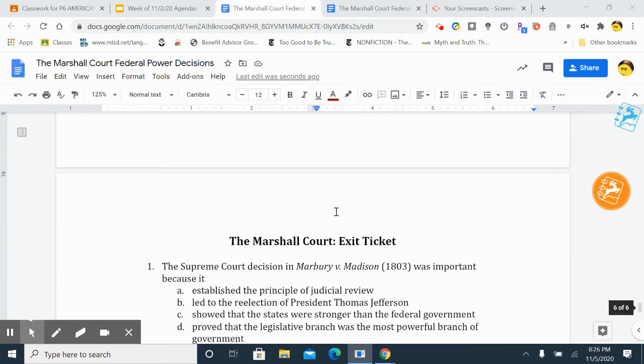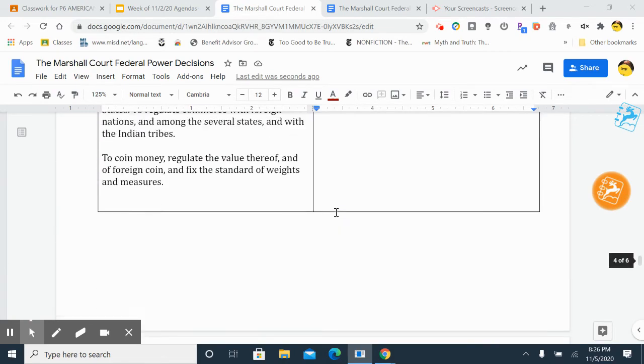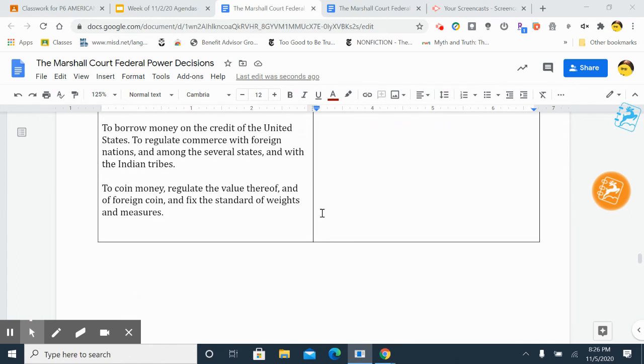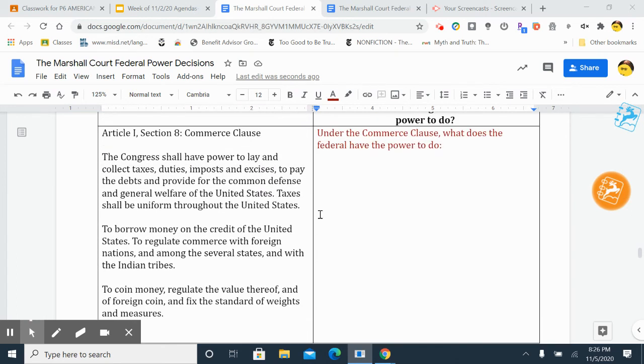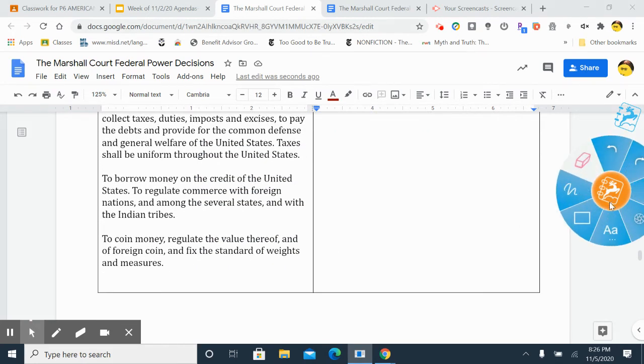The other thing you need to do is the practice problems and highlighting those after you've read the details of the case. So you need to break these down as well, in terms of what does Congress have the power to do. I didn't necessarily write it all for you here. You need to write that in terms of what does Congress have the power to do. Okay,